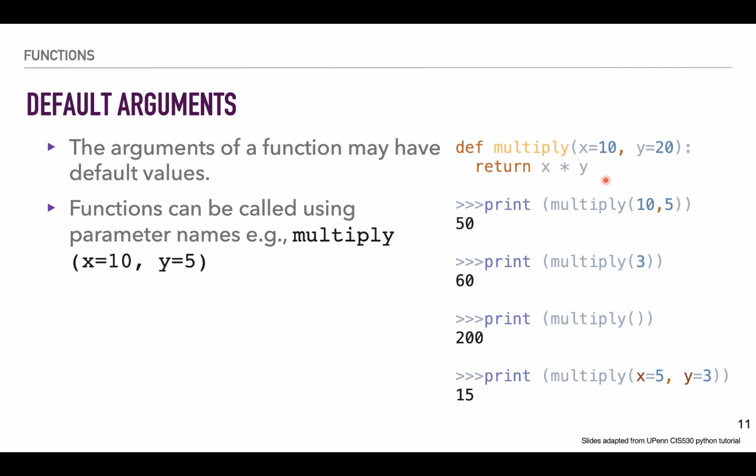Take a look at this multiply function. The parameters x and y are assigned two values, 10 and 20. Print multiply 10 and 50 is going to use the given arguments. But multiply 3 is going to use 3 for the x, and it will use 20 for y. Multiply without specifying any parameter is going to use the default parameters. The last statement shows that an assignment actually can be used when passing argument values, x equals 5 and y equals